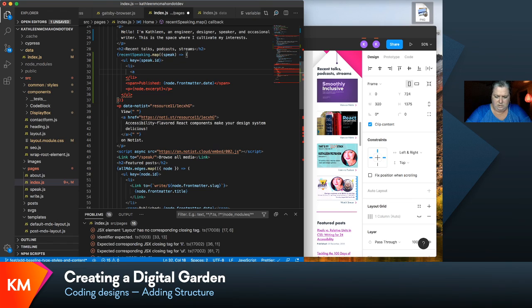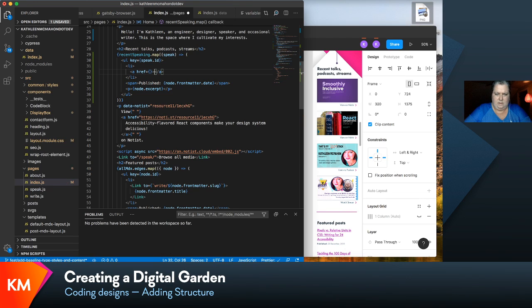Okay, href equals that. And then I'm also going to do an image in here, source equals,